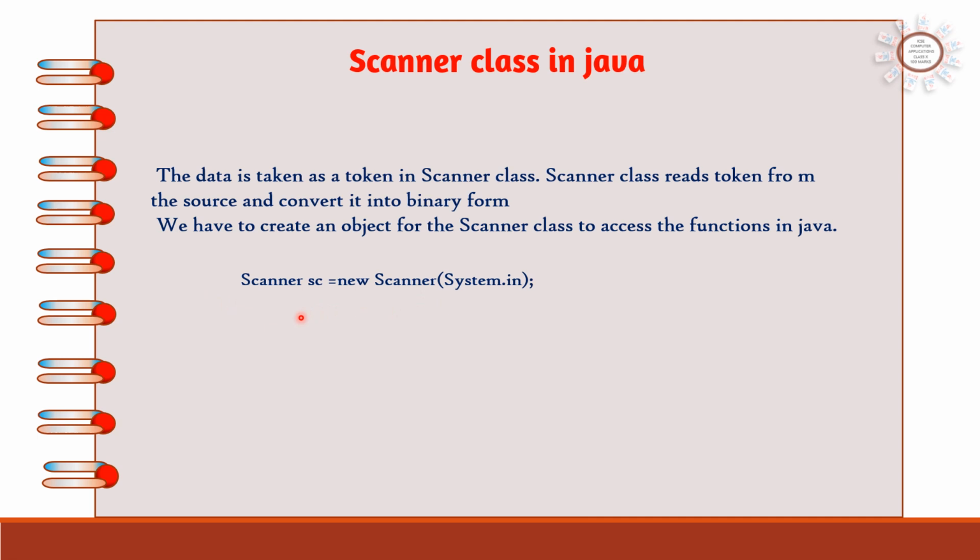And when we are printing any data, we will say System.out, and when we are accepting any data, it is System.in. That means we are accepting the input. So Scanner sc = new Scanner(System.in), this line should be there. And in place of sc, you can create any object. For example, Scanner input, Scanner abc, any object can be created. And by using that particular object, we can access the data in the Scanner class.